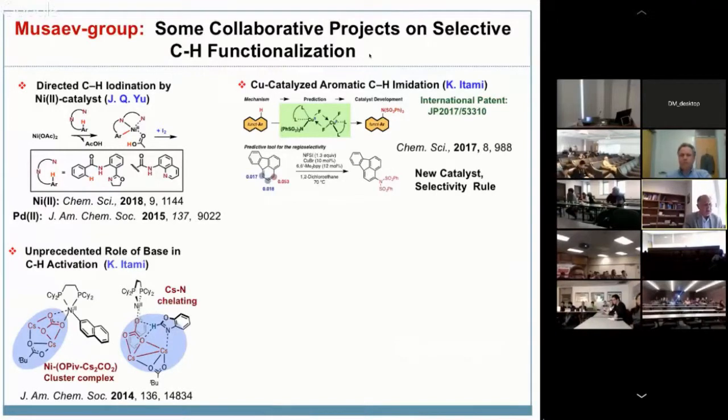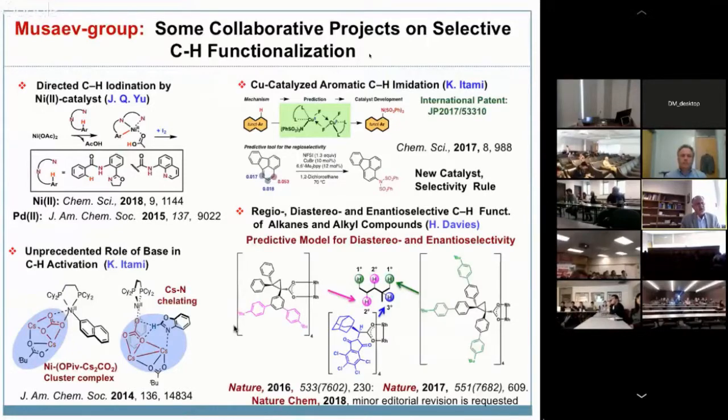Namely, in collaboration with Professor Kenichiro Itami from Nagoya, we have shown that a cluster-type complex between pivalate and cesium carbonate is the actual active catalyst of the CH-CO cross-coupling reactions developed by Itami. Our computation also provided clear assistance to Professor Huw Davies' group in their effort to design a catalyst